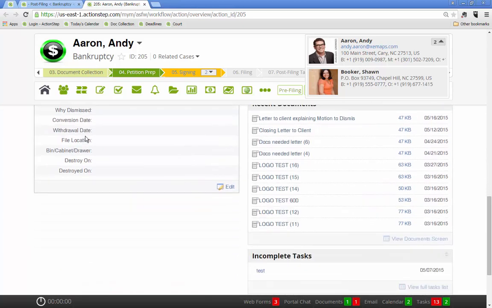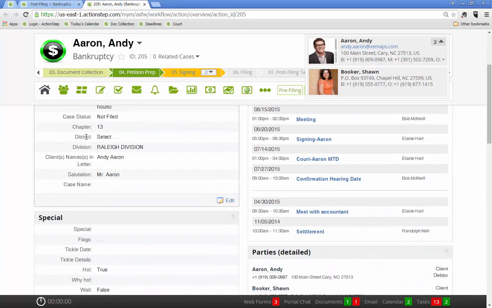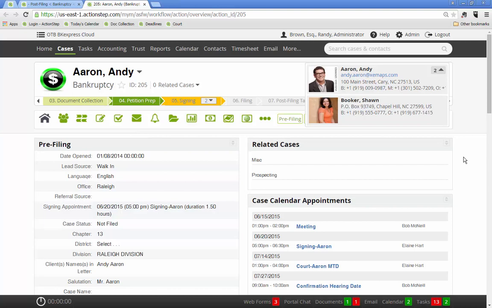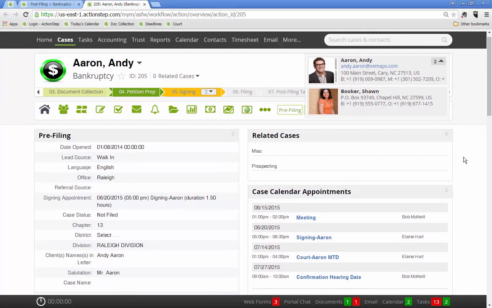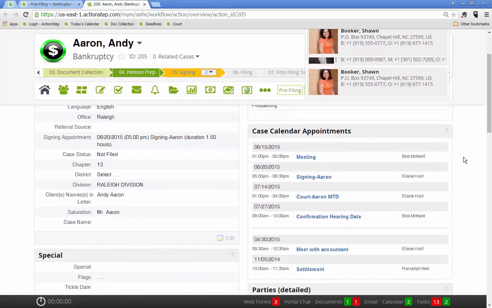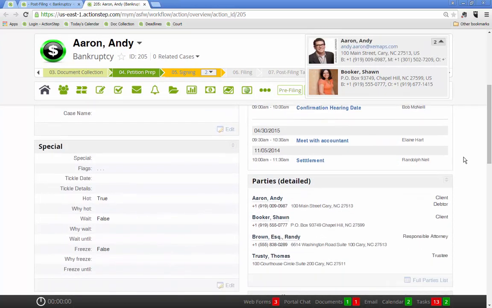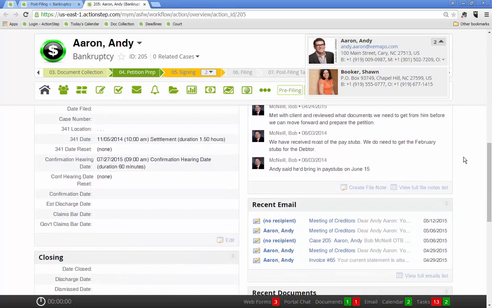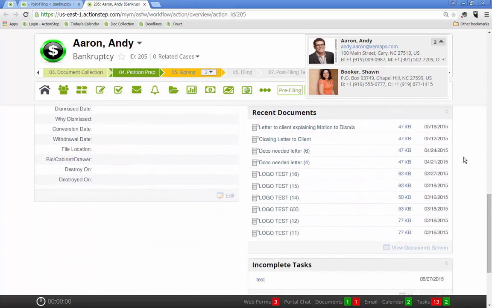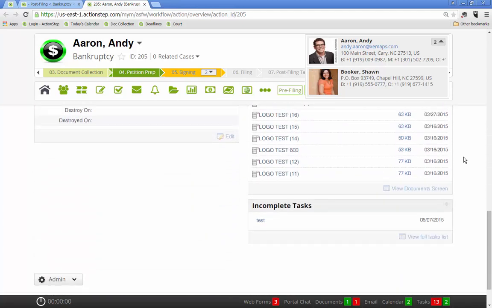On the right-hand side, there are different lists of other information regarding this case. So if there are any related cases, like a refile, all the appointments, all the people involved in the case, all the recent file notes and recent emails and recent documents, as well as all the incomplete tasks. Let's look at another case. In addition to these lists,